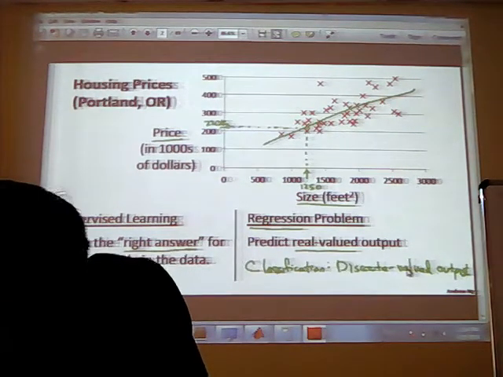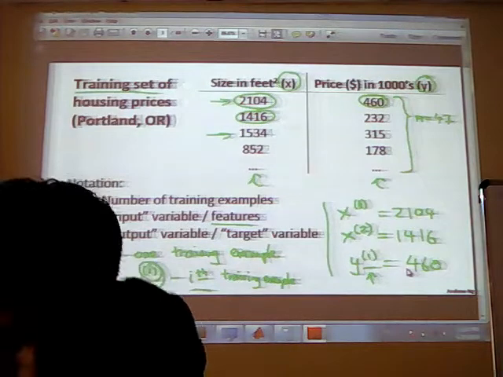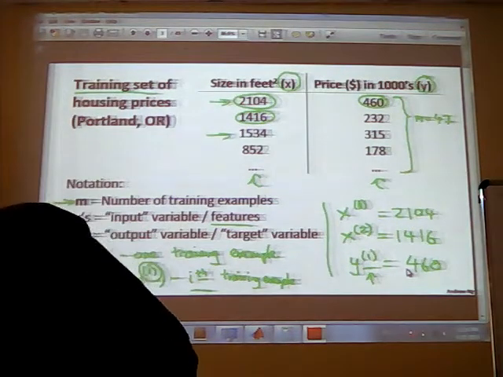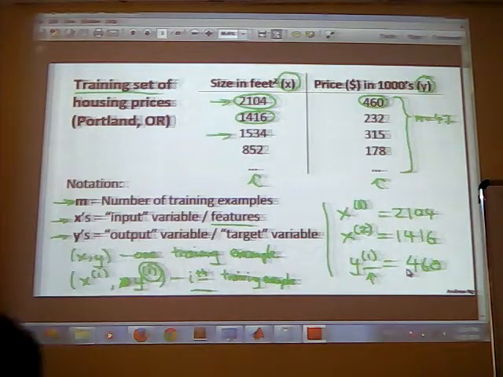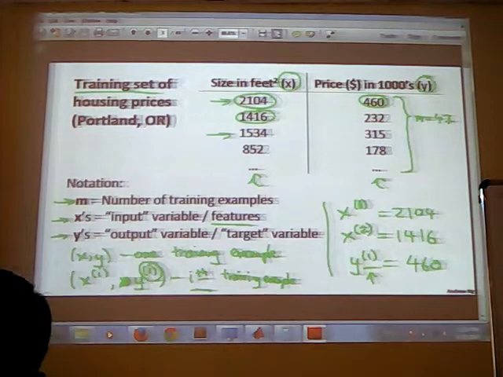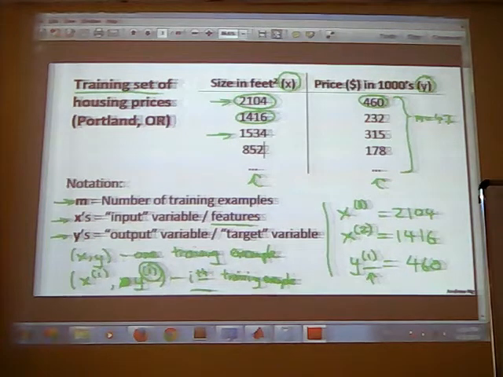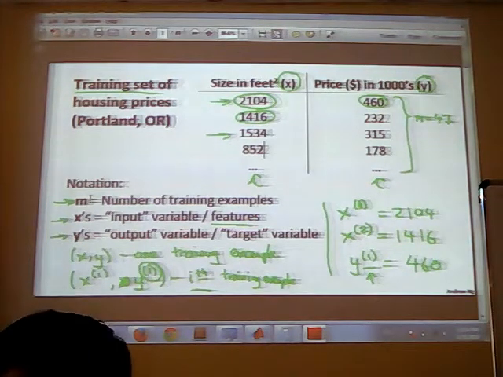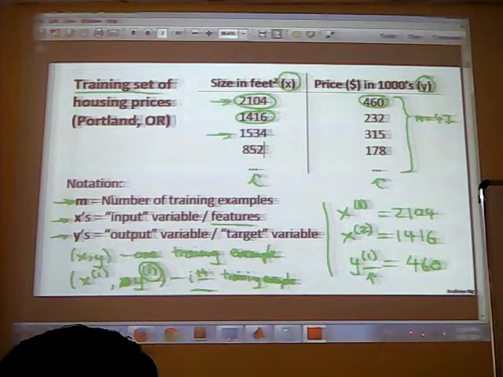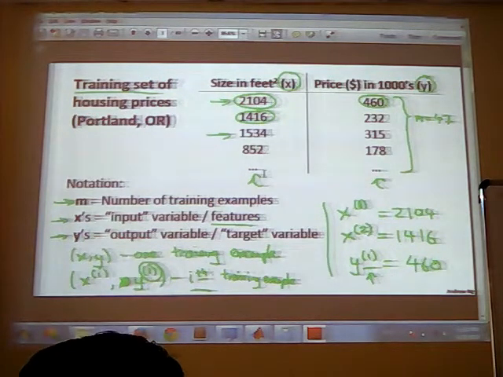Suppose a training set of housing prices is given to us. That means we are given size in feet squared and price of the house in thousands. So here are our data sets. Some notations which we are going to use in these slides are m. m represents the number of training examples. Suppose here I have listed 10 examples, that means 10 (x, y) pairs. So the value of m is going to be 10.